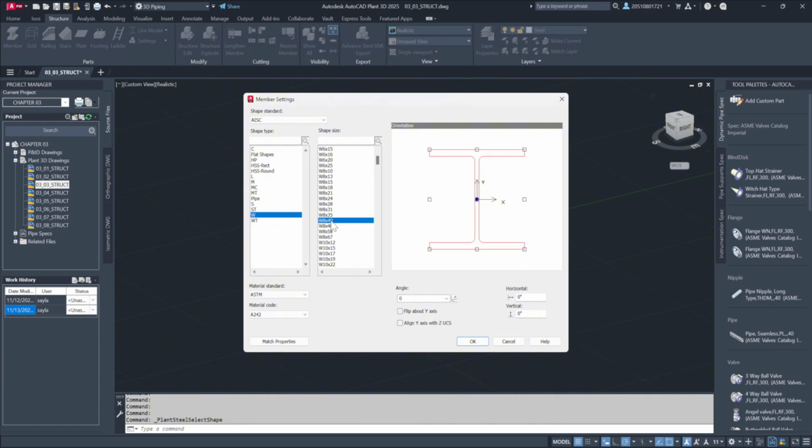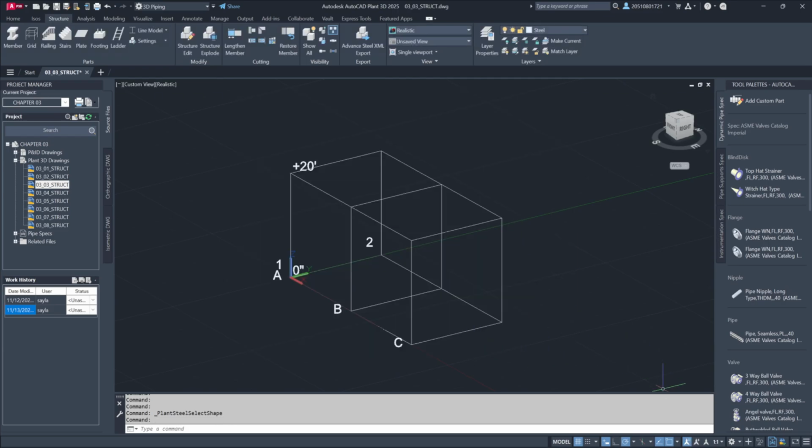For this example, select a W-beam, specifically an 8x40. Keep the insertion points as defaulted to center. Once confirmed, check your snaps to ensure that midpoint, endpoint, and perpendicular options are enabled for accuracy when working with structural steel. It's helpful to turn off nearest to avoid any misalignment with complex shapes, focusing instead on traditional snap